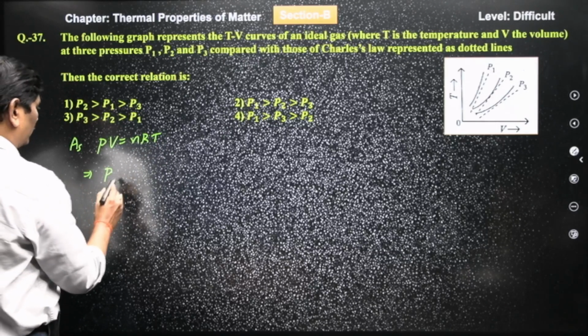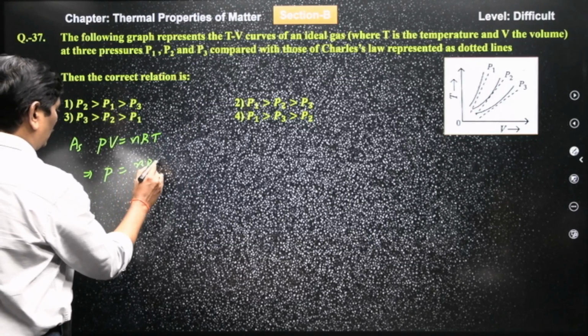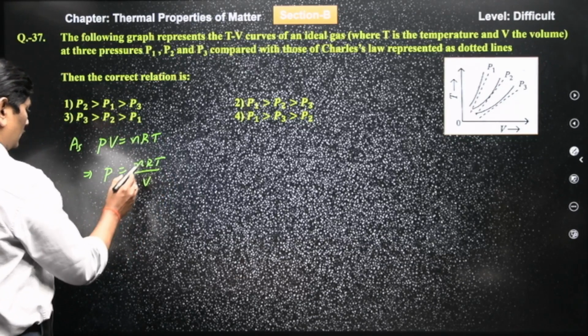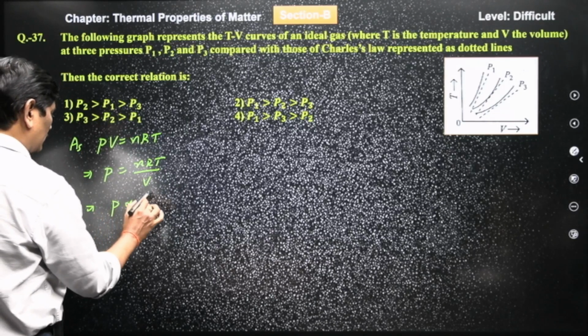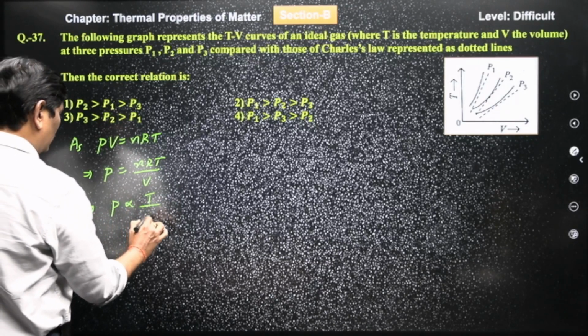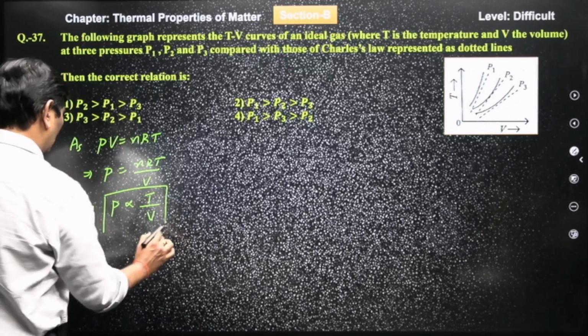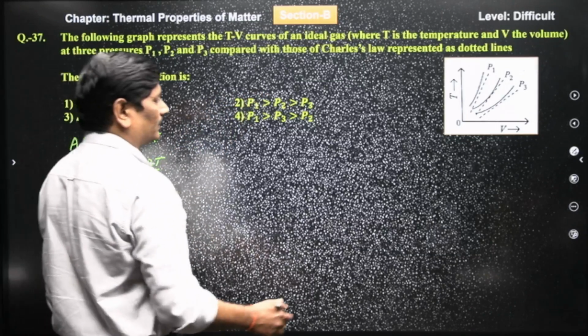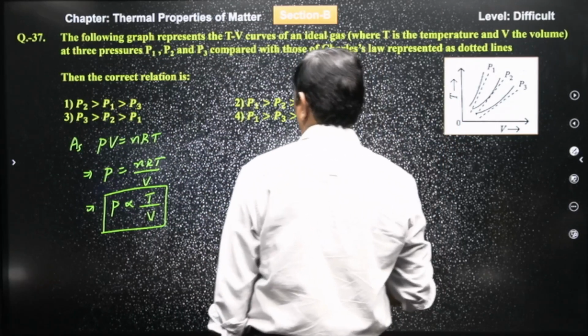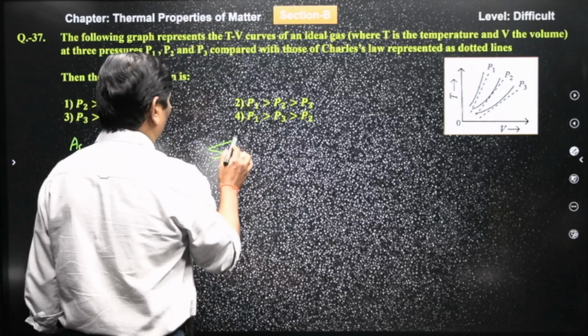So, pressure P is equal to nRT by V. Here n and R are constants, so pressure is directly proportional to T by V. Pressure is directly proportional to T by V means, in the graph, if you see, this is the TV graph. So, in the TV graph, slope